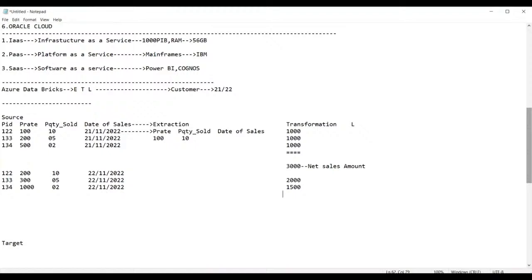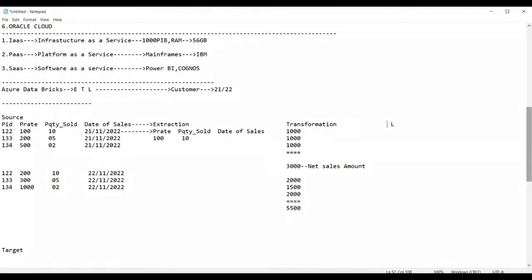Now calculate the sum: 5500. Now, guys, this is the net sales amount. This process is called the transformation process.